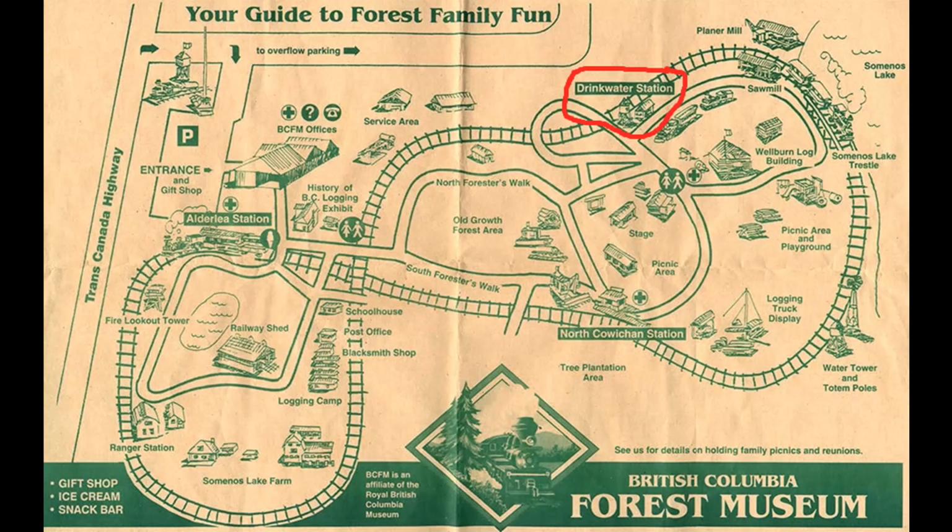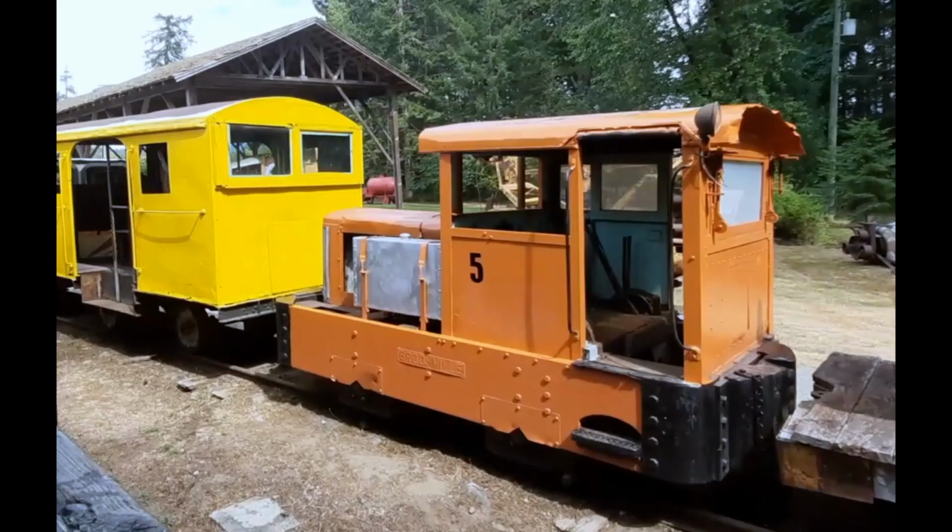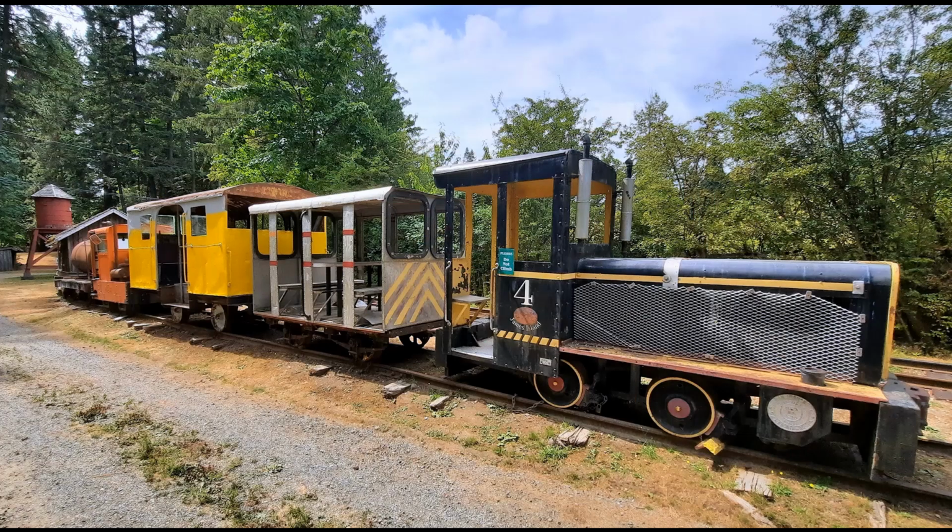At the Drinkwater station site of the grounds, there are a couple small locomotives. They're gas-powered locomotives. There's a Brookville number 5, which was a 6-ton switcher. And there's the Vulcan number 4, which is a 4-ton locomotive that used to be used by Canadian Industries at